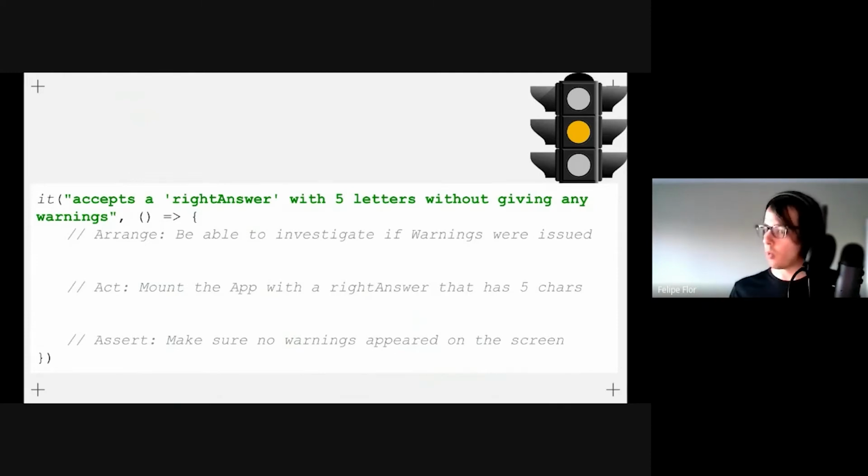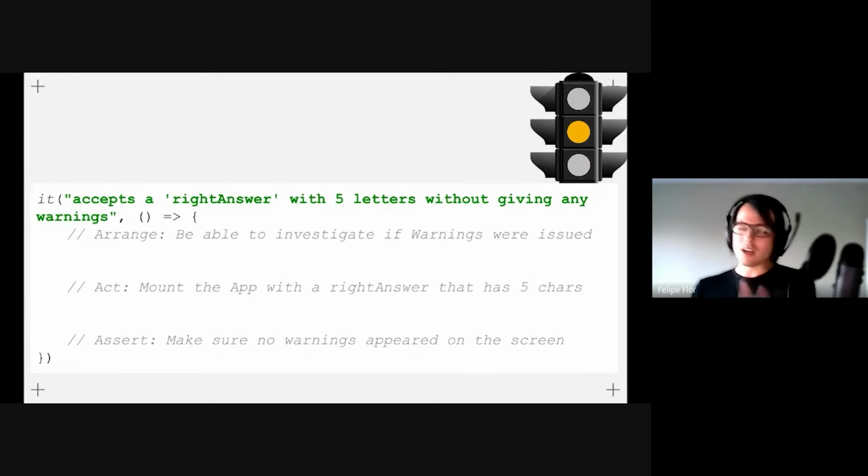You want to do the best implementation for right now. Don't try to think about the future. You know what I mean? The future is a concern of your tests. Think about the future when you're writing the test. What do you want to see happening soon? But don't think about the future when you're writing the implementation. Just think about the current test that you have. Does that make sense? So what I'm going to do now is that first test that we have,